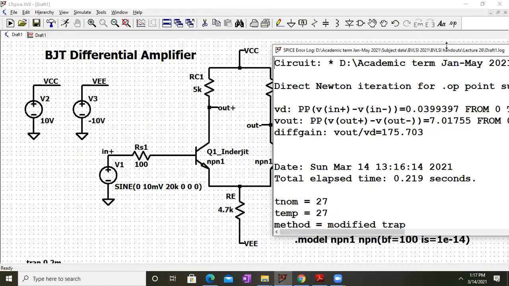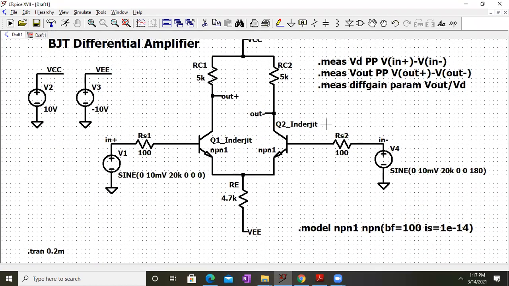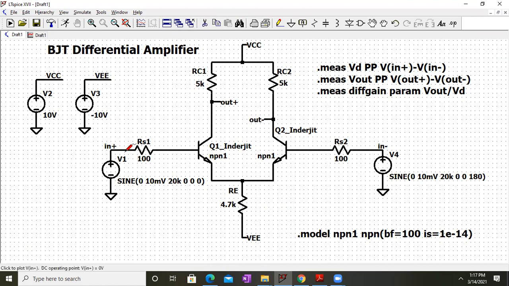Let me now shut this down. And only one thing is left now, which is to calculate the input impedance, that is the differential mode input impedance. For that, I don't require this dot tran. What we need to do is apply a test source at the input. Input impedance, I can measure either at the terminals like this over here, or across this terminal IN minus or IN plus. So let us consider IN plus.